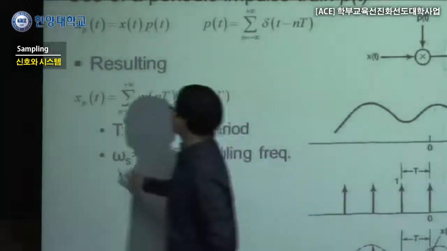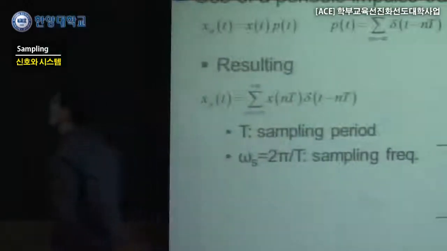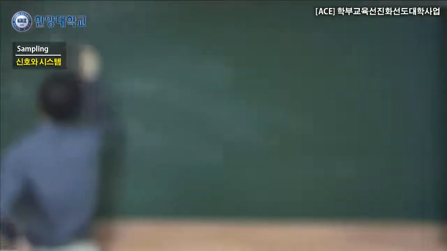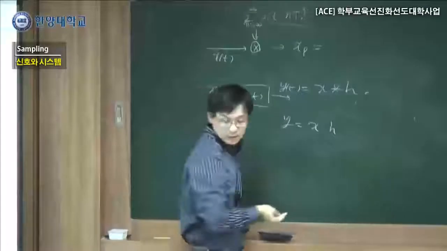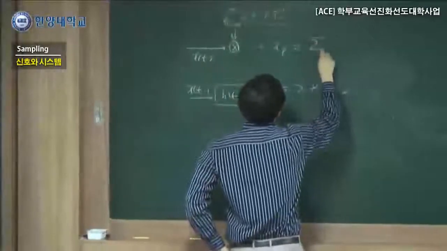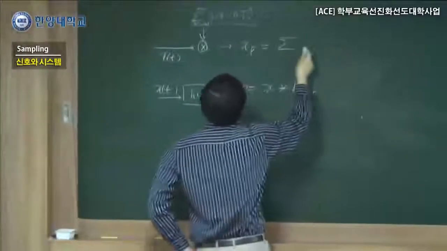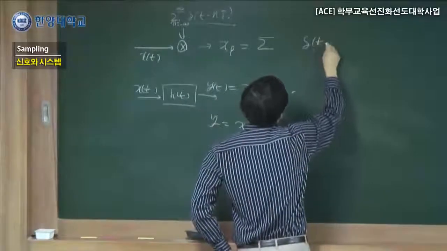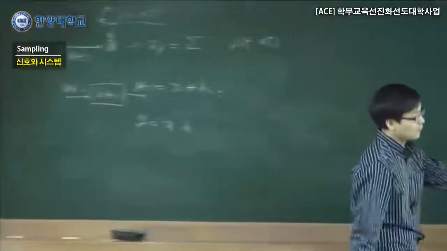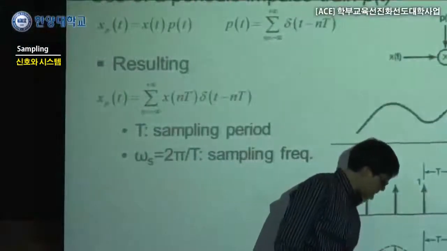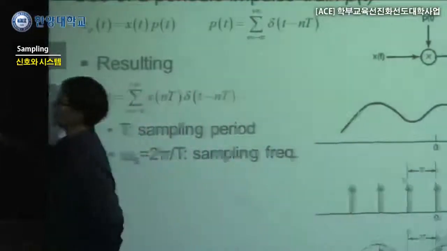So this is how we do it. After sampling, we can tell that this one refers to the timing. So after multiplication, they are equally spaced. They're equally spaced. That's what they mean by delta over here.